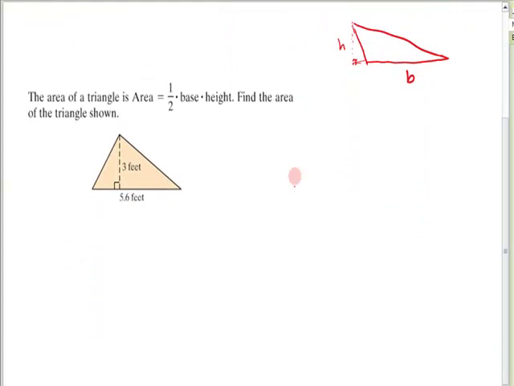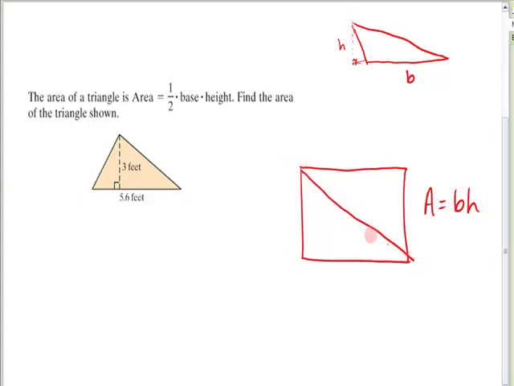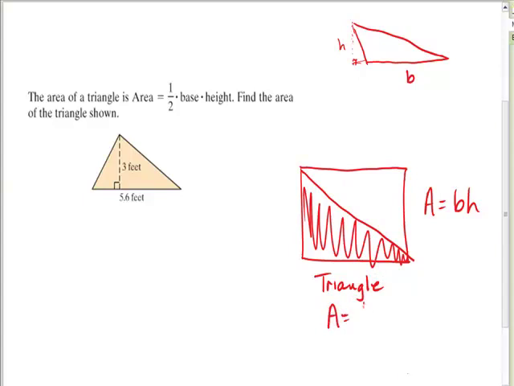Something else I want to mention, the formula for the area of a triangle. Now, we've already studied a rectangle, and we know that its area is base times height. A triangle is half of a rectangle, or half of a square, or half of a parallelogram. So the area of a triangle is half of this area, so it could be written as 1/2 base times